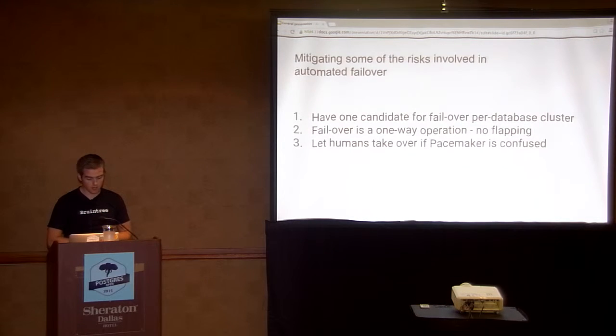The second of these is no flapping. Failover is always only a one-way operation. We can promote a synchronous standby into a master role, but Pacemaker is never allowed to touch a failed master. And then finally, we configure Pacemaker to freeze if it gets confused and can't make a decision about what